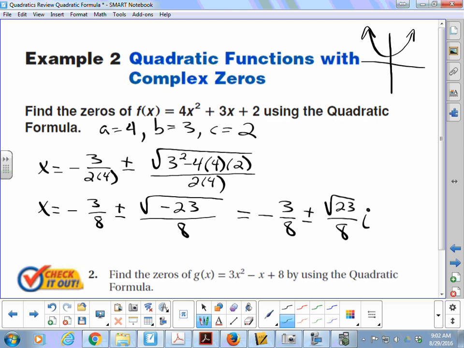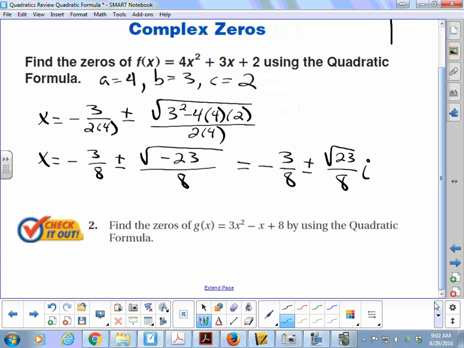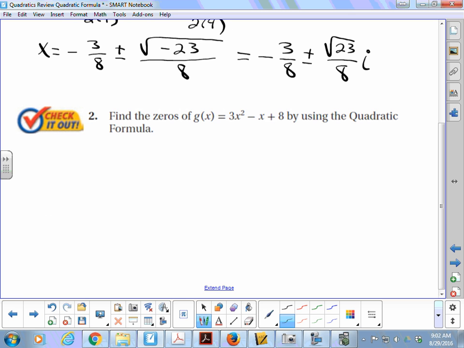Okay? So the i can actually go here, or if you end up in a situation where you have to simplify it, and let's say that instead it said negative 3/8 plus or minus 4 square root of 23 over 8. Now in this case, if you wanted to, you could put the i here or put the i at the end. Either one. Doesn't matter. It's up to you. Okay? They will both work. All right. So